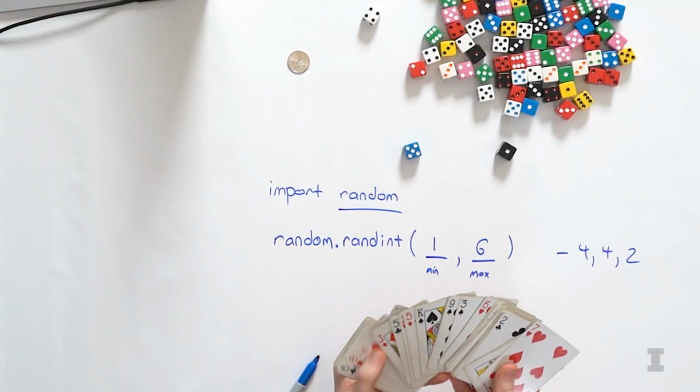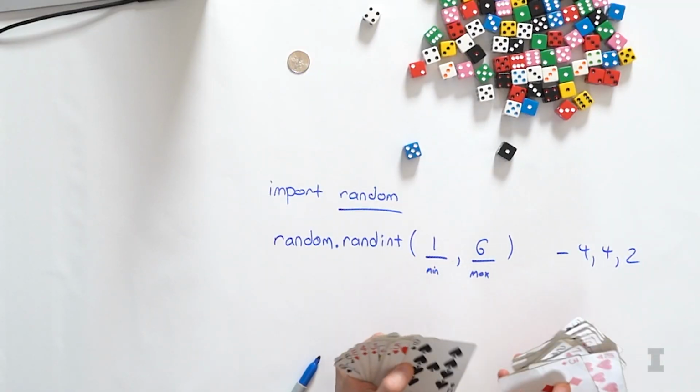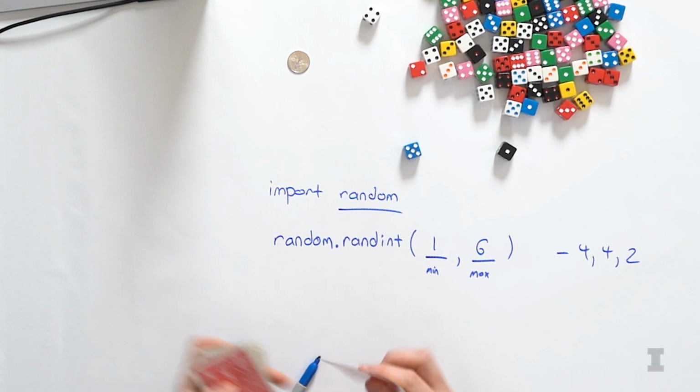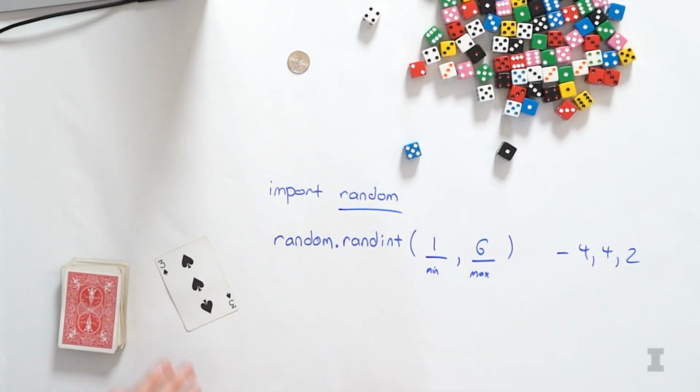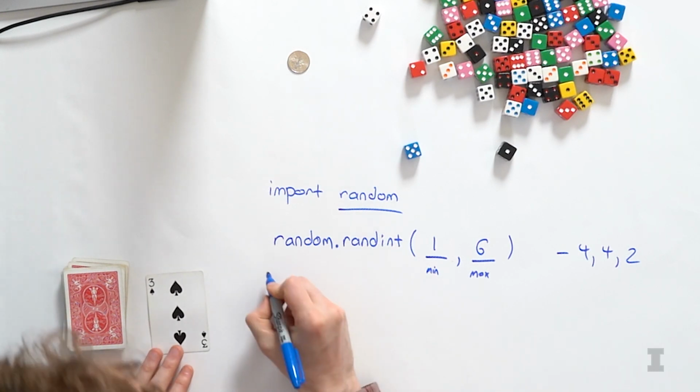Randomizing integers is really useful, and we can randomize a lot of different things by thinking about integers. I've got a deck of cards here. This is a standard deck of 52 cards. In this deck, I can randomly pick a card out by shuffling the stack and choosing a card within the stack. We could do the same idea by randomizing all of the cards in the deck. So here there are 52 cards.